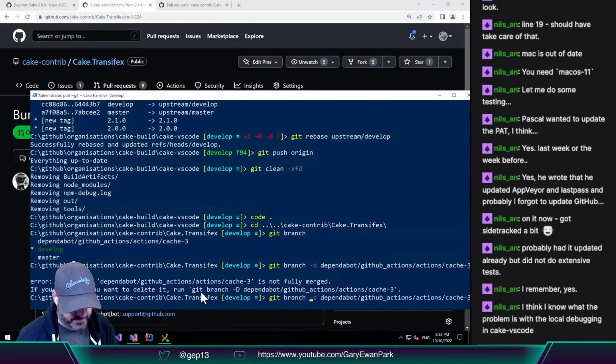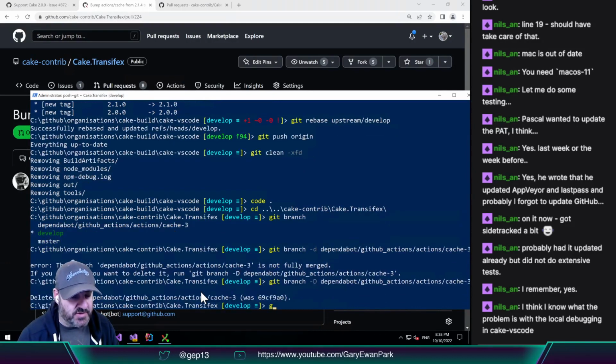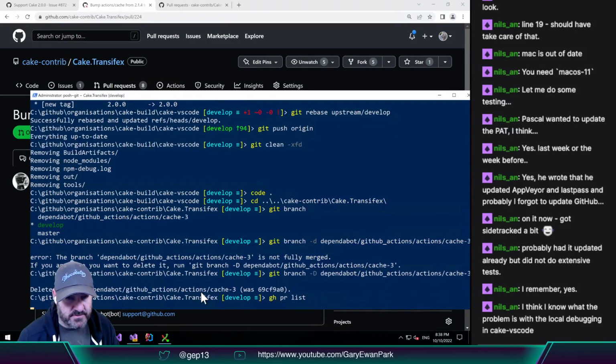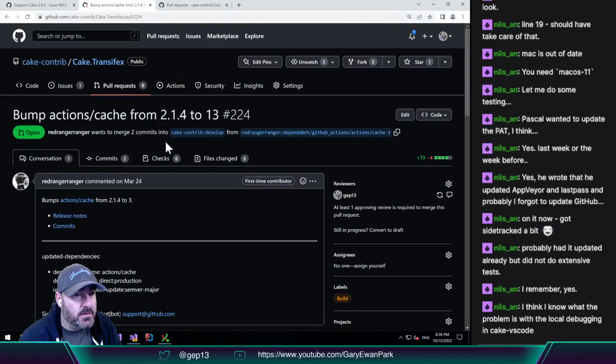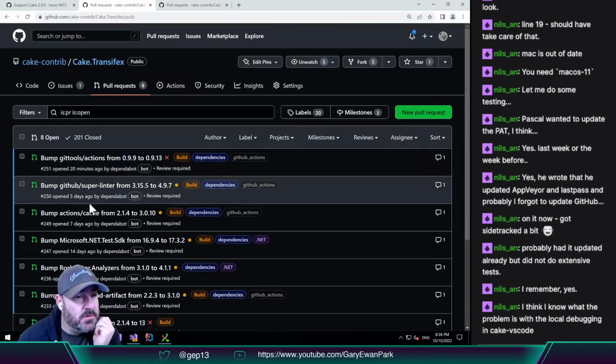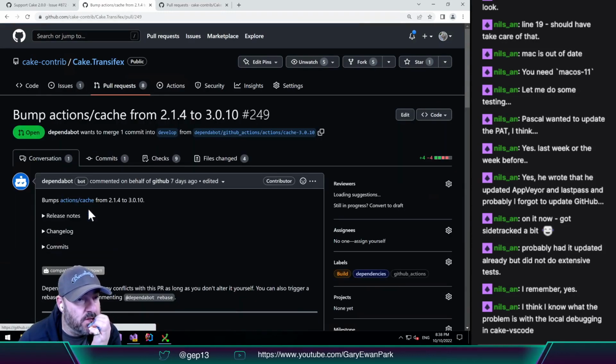Change that up to the checkout, caching one, which was 9. Oh, why is there 214? This bumps it to a